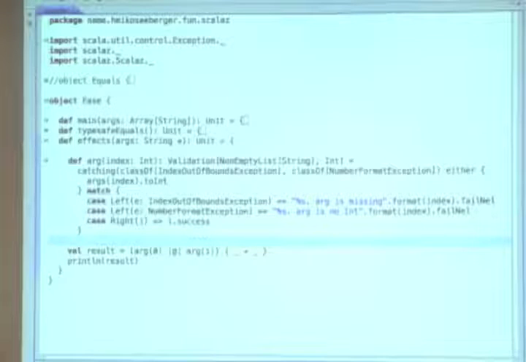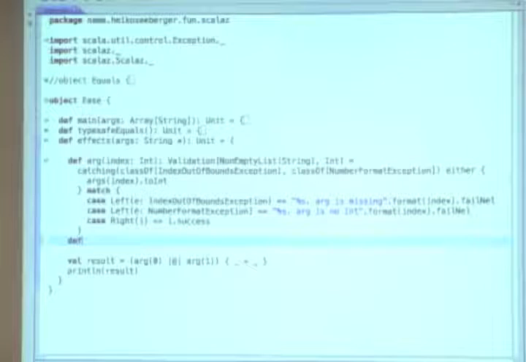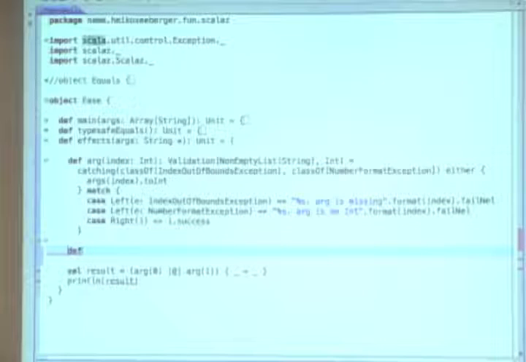Sometimes you get back not only a single effectful argument, but many of them. Let's write another method. Call it args 2, 3. And that should return a sequence of arg 2 and arg 3.